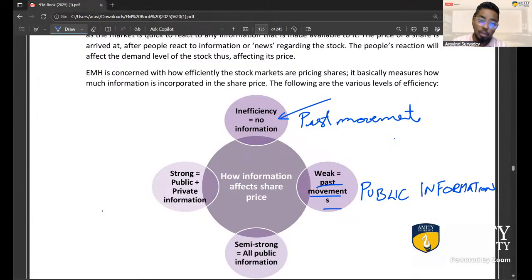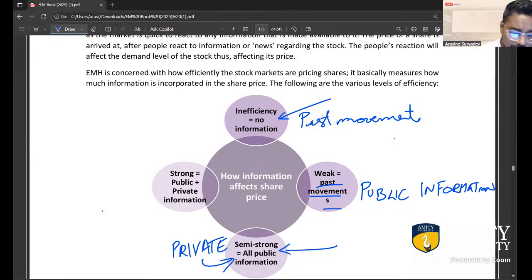Now, a semi-strong market is what we see in the real world. This share price will have the past reflected in it, will have the public information reflected in it. Yeah. So knowing public information won't get you anywhere. This is why I say you can't simply make money in the share market. Yeah, it's a gamble, right? So then what gets you anywhere? Well, private information actually, and that is illegal. It's called insider trading. You guys may have heard. Yeah. But having private information helps you beat the market in a semi-strong efficiency market.